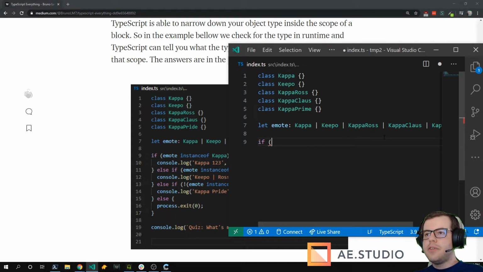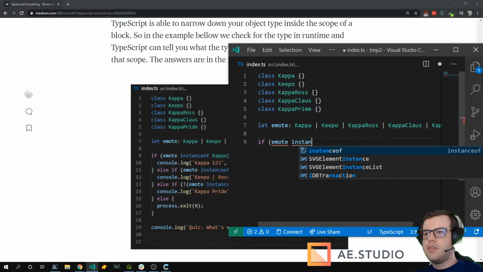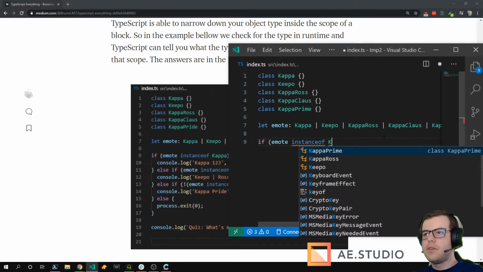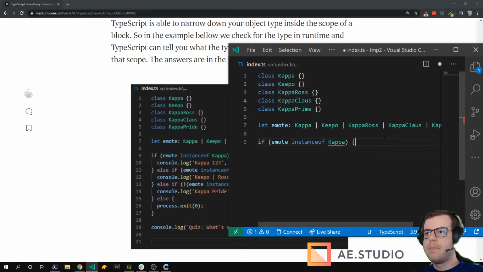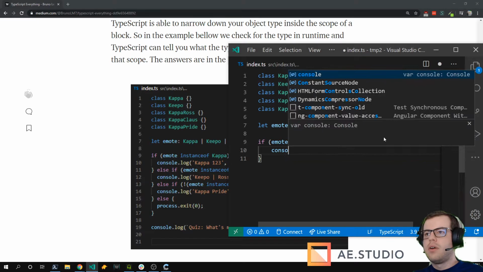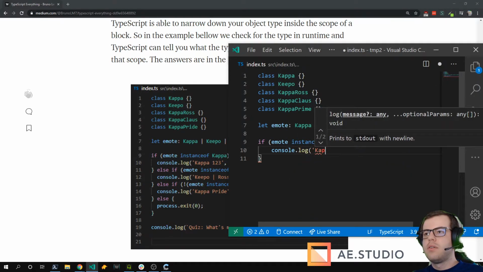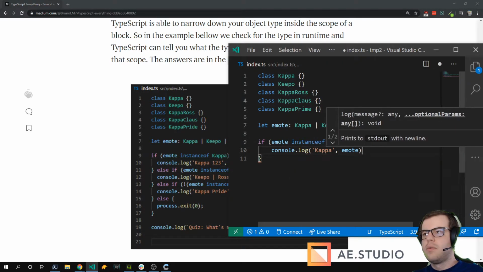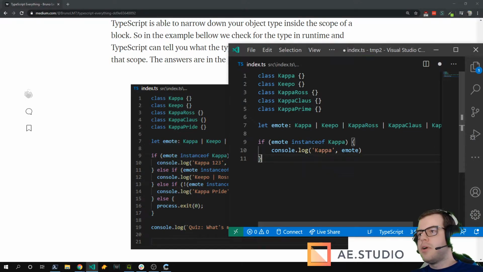So if I say emote instance of kappa, and I put my mouse over emote, I see that emote can only be of type kappa.